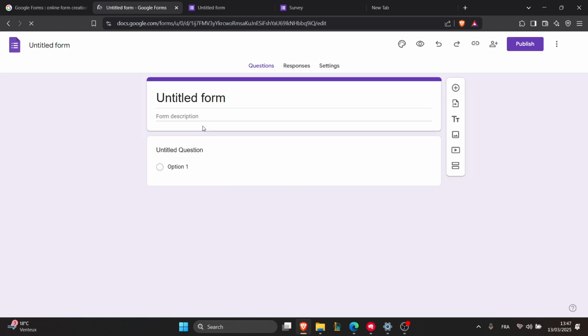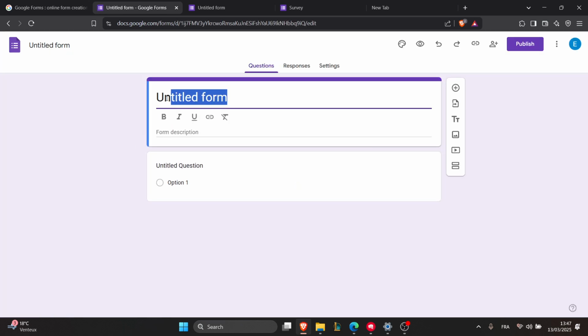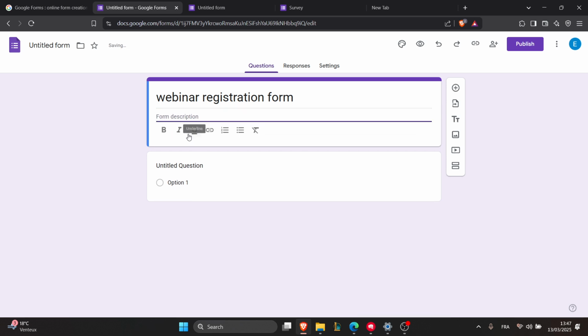Now the second step is to name your form. In this section, name your form Form for Registration or Webinar Registration Form. You can also add a description providing important details such as date and time of the event, who can register, and deadline for registration, and any